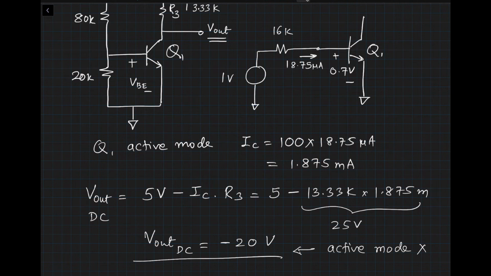So from that we can tell that the transistor Q1 is going to be in the saturation region. It tells you that the output voltage is going down towards ground, which in a way tells you that VCE will hit somewhere close to 0.2 volts, and that would be the lowest you can go. So let's figure out what's going to happen in saturation mode now.